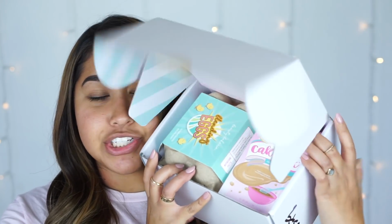But besides all of this, today we will be reviewing Beauty Bakerie's new Cake Mix Foundation. I will leave the date right here when it is releasing. So we are gonna do a first impressions today, and I'm gonna do a little unboxing with you guys with the PR package they sent me. All right guys, so this is the PR package they